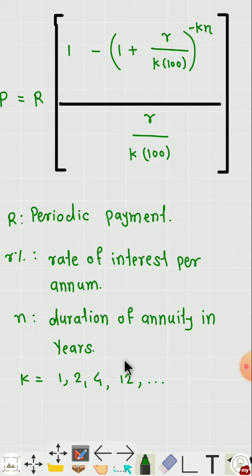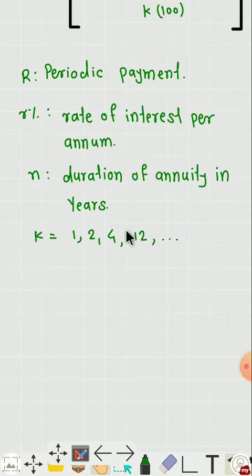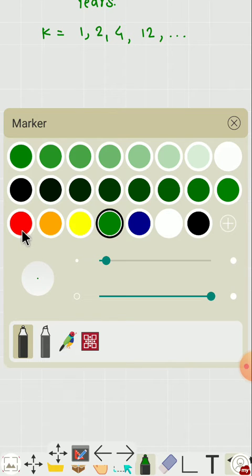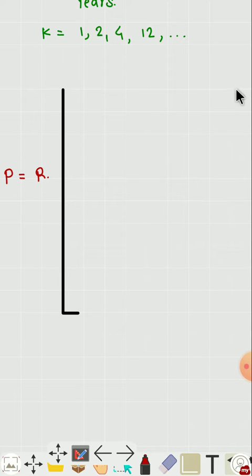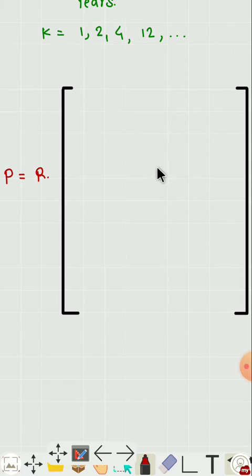However, in order to avoid confusion, it is advisable to remember only one expression for the formula throughout this chapter. To avoid the confusion, we write the simple formula for present value of annuity. P is equal to R, inside the bracket, this is our rectangular bracket,